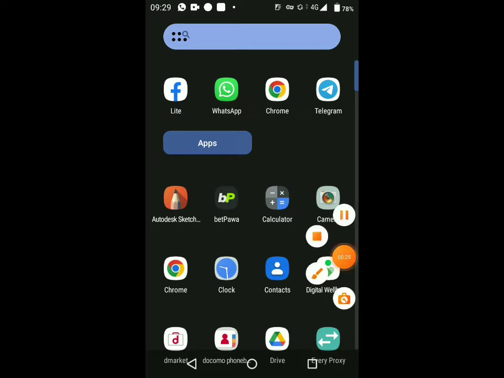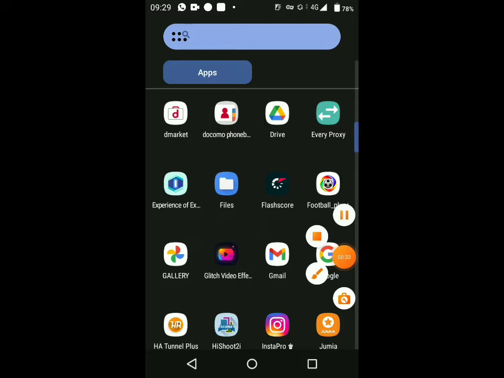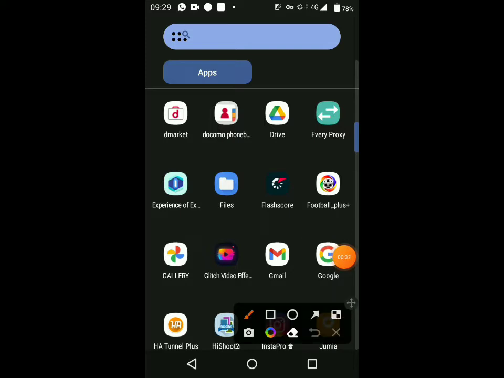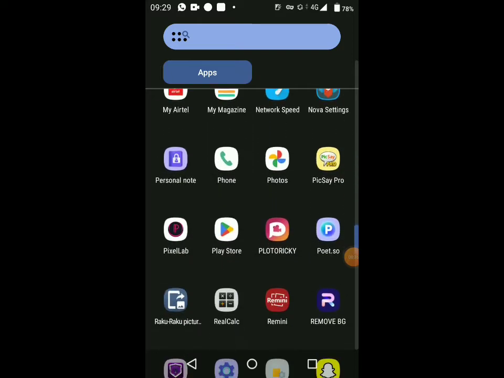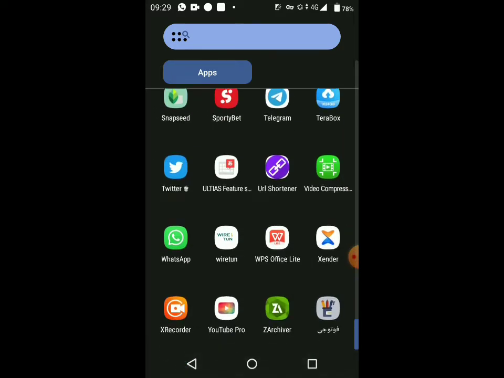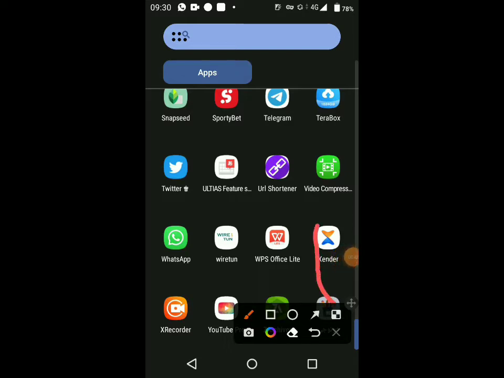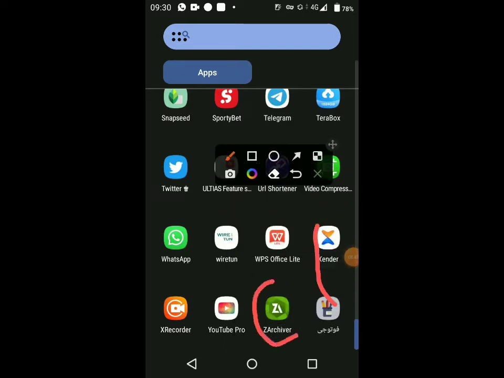You open your Zeta Kiva app. When you open your Zeta Kiva app, the app is here. After opening your Zeta Kiva,